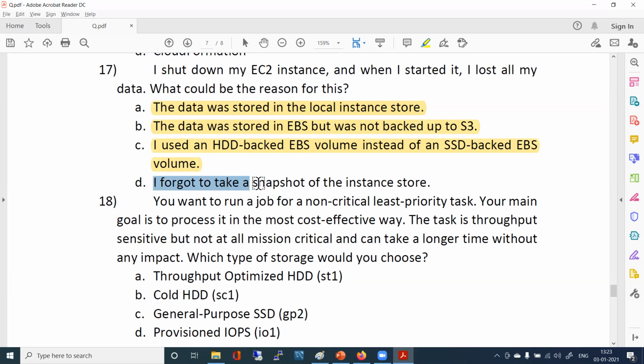Now it says I forgot to take a snapshot of the instance store. You cannot take a snapshot of the instance store. You don't have to take a snapshot of anything to keep your data when you restart your machine. Why would it get lost? Only if it is